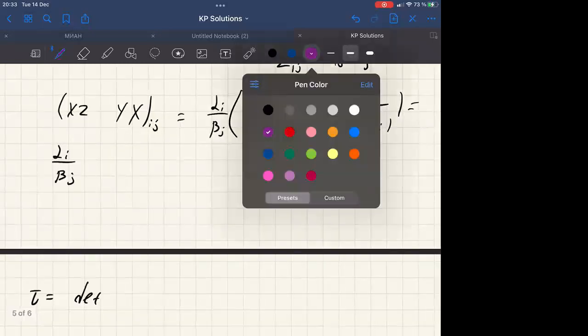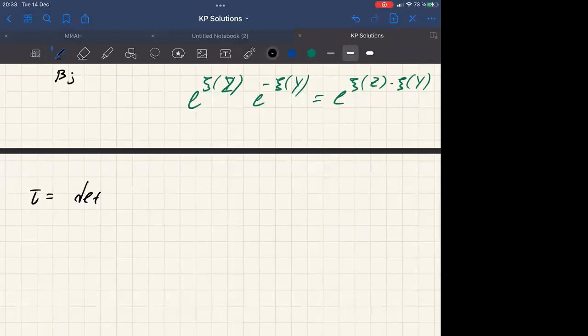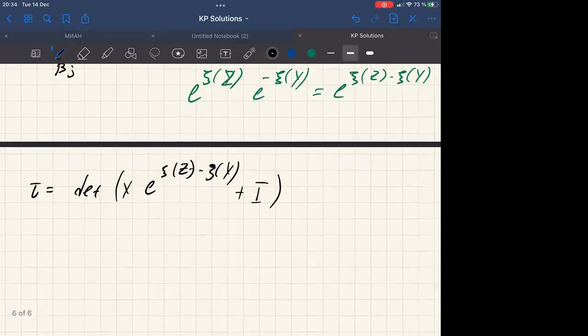Here we have c, e c minus cy, since they are both diagonal, it is c of z minus c of y, determinant of x is c z minus c y plus 1, and this will give us a sum of